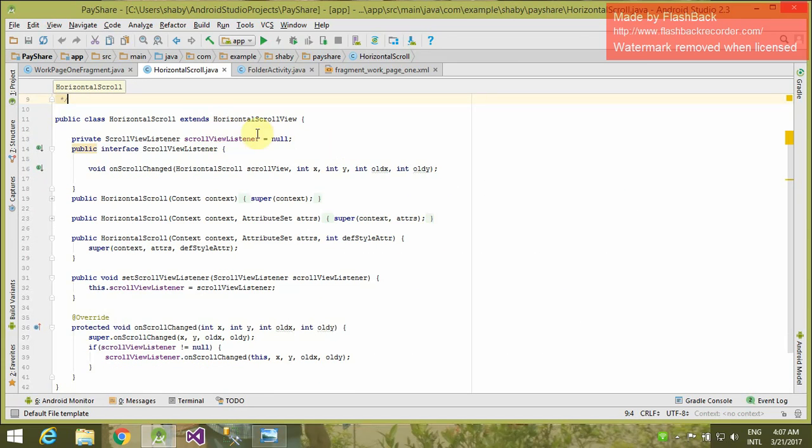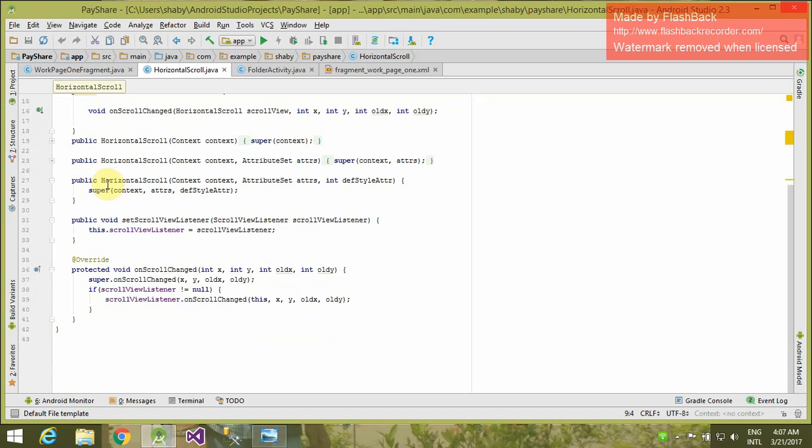I have extended it to horizontal scroll view. I have added an interface here, some constructors, then I have added a scroll listener, and then I have added the desired function.